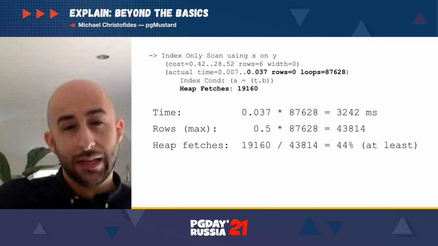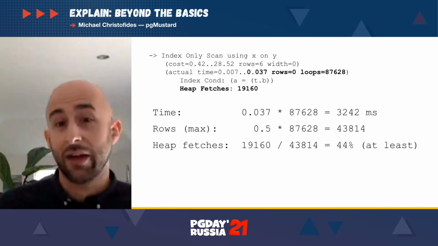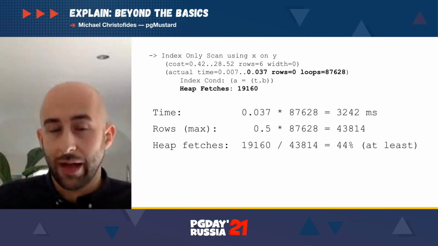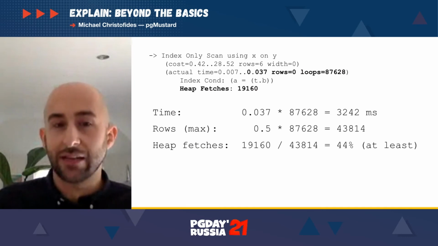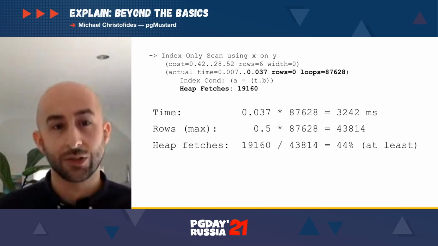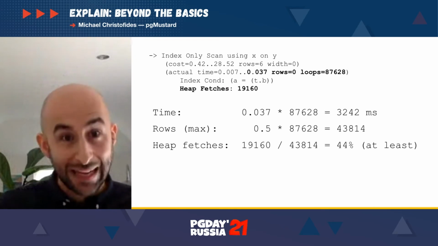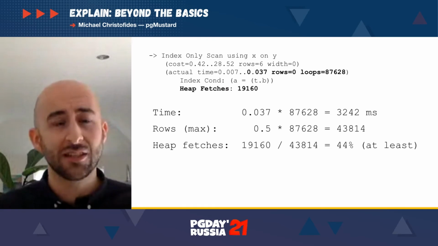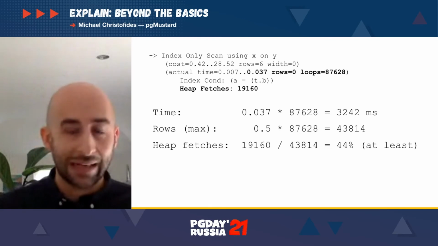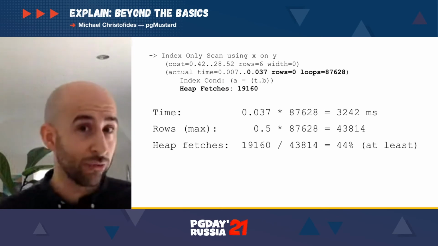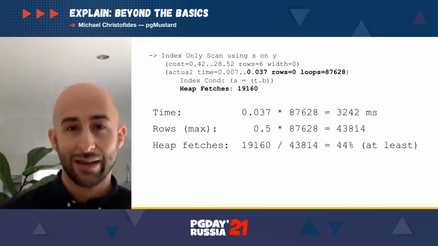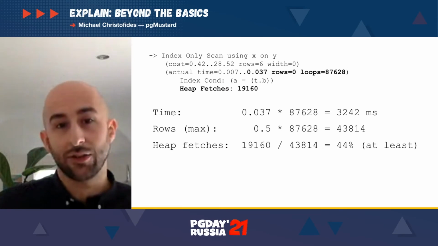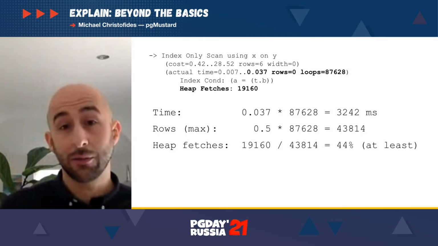So here's an example, and this is also going to be an example of where rows equals 0, and that being a rounded integer is problematic. So the thing to look out for is that heap fetches number. We can see 19,160 heap fetches. Now, we don't know exactly how many rows this index-only scan was returning just from this operation, but it's somewhere in the region of, well, I've put an estimate here, or sorry, a maximum. It could be up to 0.5 rows per loop, so up to